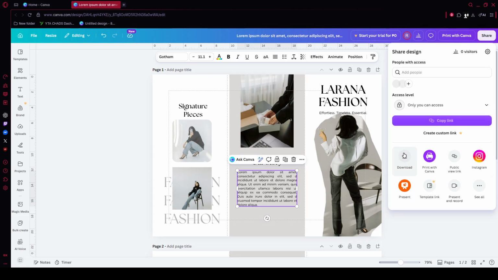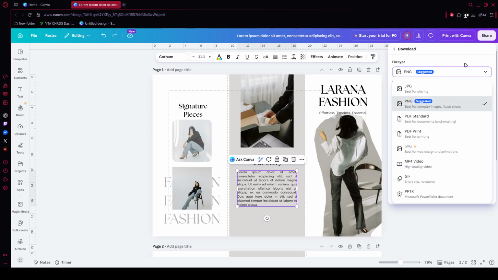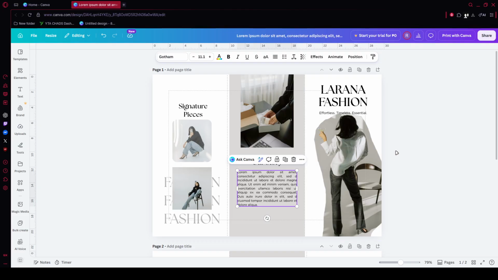Choose PNG if the design is for digital use, or PDF print if you need a print-ready file, and then click Download to save your final version. And that's it. You've fixed the capitalization issue in Canva without rebuilding your text from